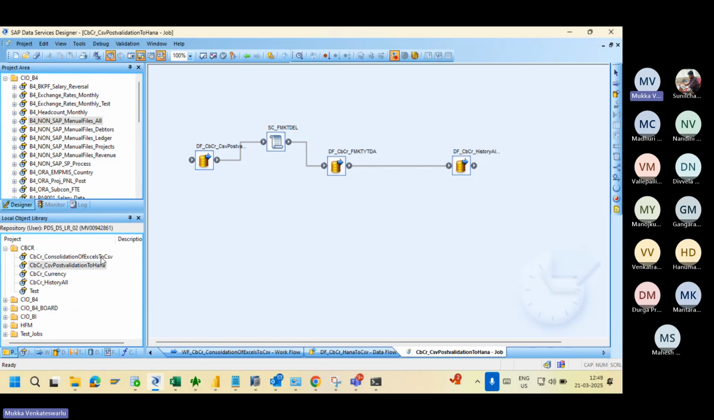In the sense, first this job will extract the data from different Spark files, consolidate the data, and load it into one CSV file. All that process will be done by this job. And what this second job will do is, in this CSV,